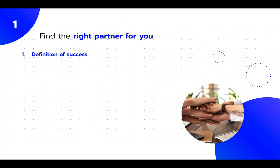So I'm not talking about super detailed requirements here. In fact, creating requirements is usually something that a good outsourcing partner is going to help you with. But being really clear about the outcome you want to achieve is going to create alignment with your outsourcing team from the beginning and help find the right partner for you. So the second thing I want you to think about